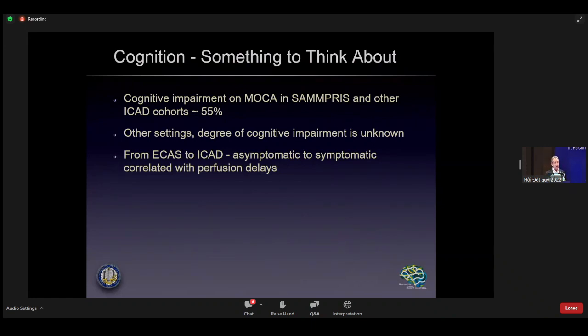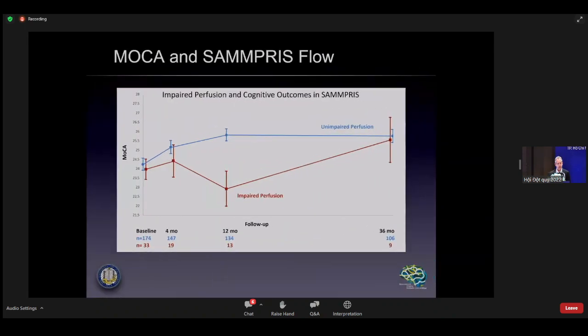And recent trials have shown us that even very crude neurocognitive evaluations, such as the MoCA, are important in predicting who has perfusion failure and a high likelihood of recurrent stroke. We looked at this in SAMMPRIS, where the MoCA, in terms of the degree of cognitive impairment, ran together with a perfusion abnormality. And those people at baseline were more likely to have recurrent stroke.